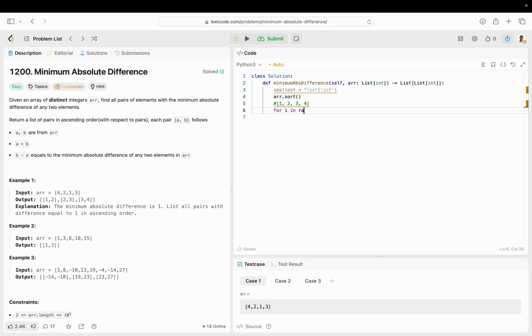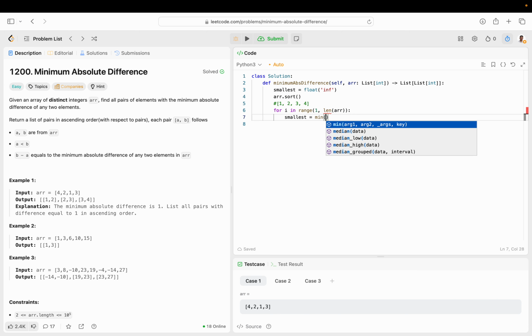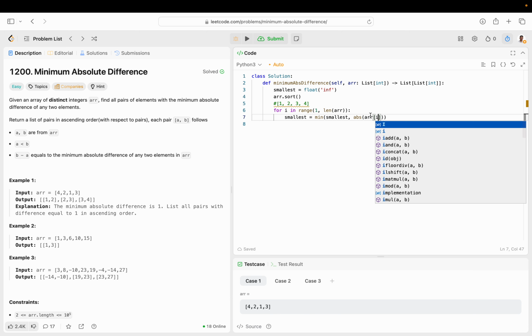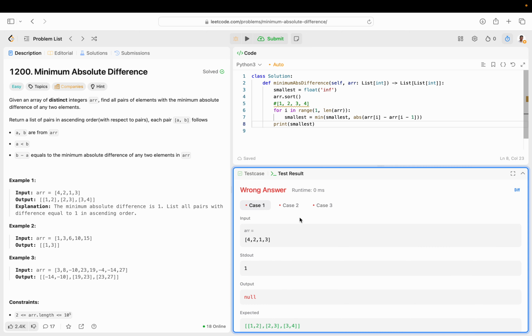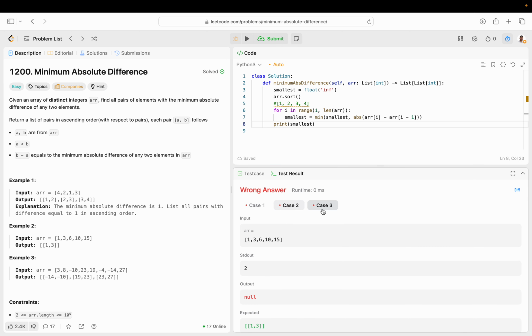So then for I in range 1 length of ARR, smallest is equal to the minimum of smallest and absolute difference of ARRI minus I minus 1. So just the current and the previous element. Let's print smallest, so that should give you the smallest difference. Okay, so that's 1 here, that's 2. Okay, cool. So now what we can do is